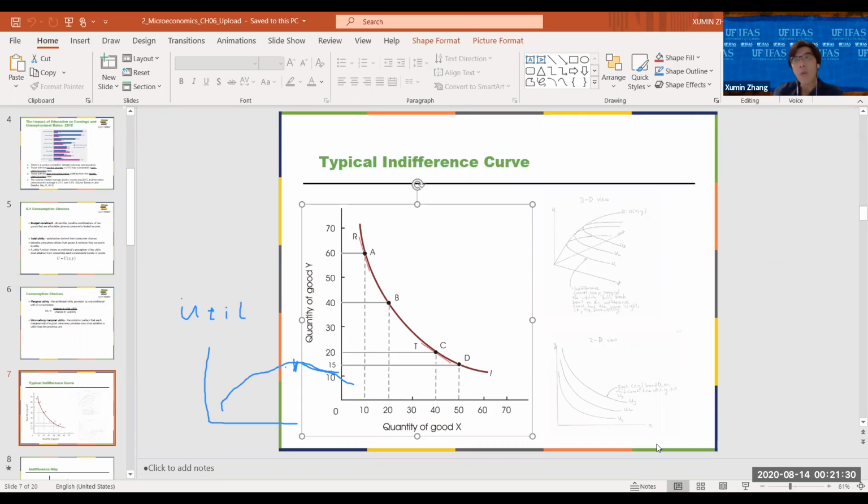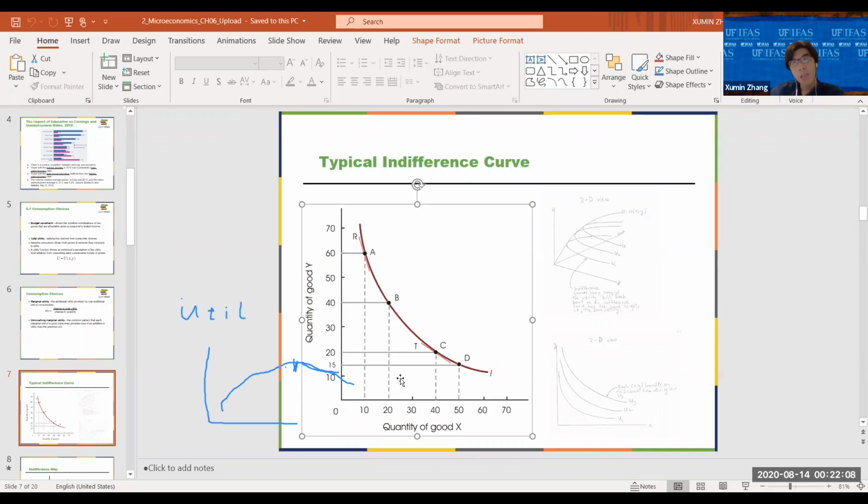Okay, and then we can calculate. We can take the derivative. We can calculate the marginal utility of x and the marginal utility of y. But I don't want to cover that in this class. I'm just showing you that the utility function of x and y is like a mountain shape. Okay, and then the indifference curve is something that is projected on the surface, and then we can draw this